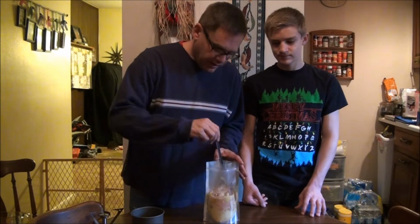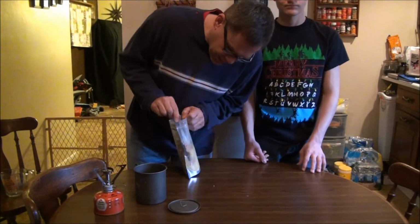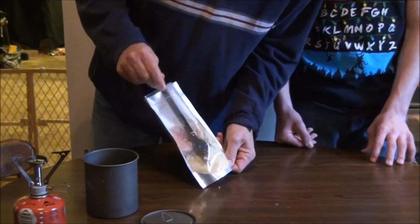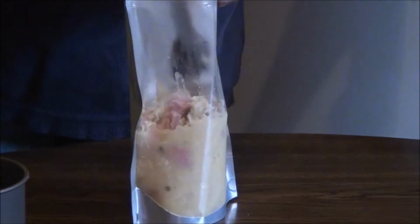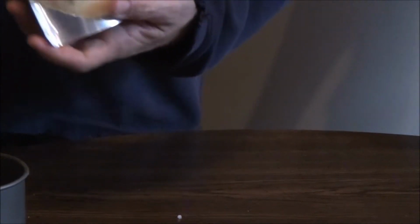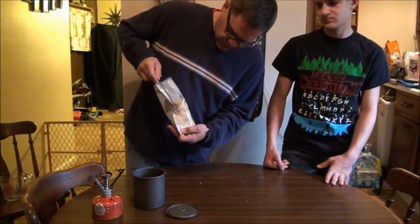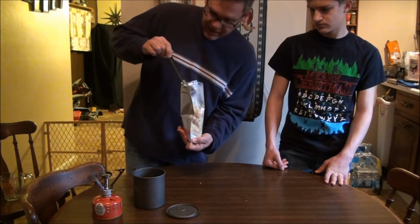And we've got Abby over there stirring some stuff. So anyway, we had the 8 ounces of water, and you want to really make sure, because it's kind of hard to get the water all the way down in there. Not that it's a huge deal, but you do want to try to mix it up pretty good. You don't want the powder really in there like that. I'd mix it up pretty good just with my spork. That's why I used the long-handled spork, so I could get down in there better and get in the corners and not get junk all over my hands. So, we do that, take it out,